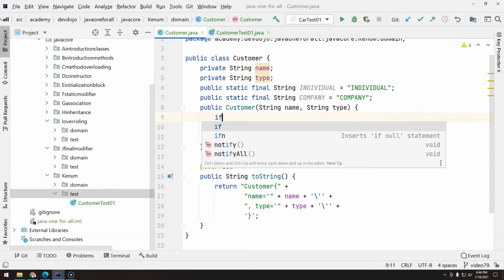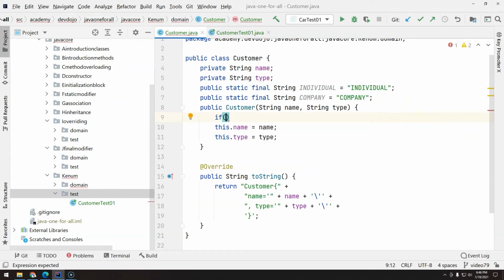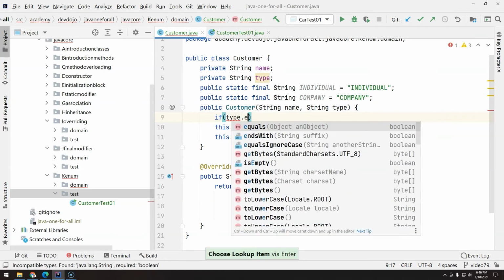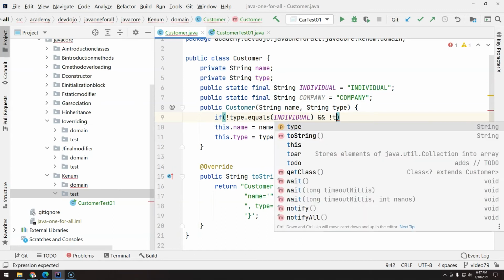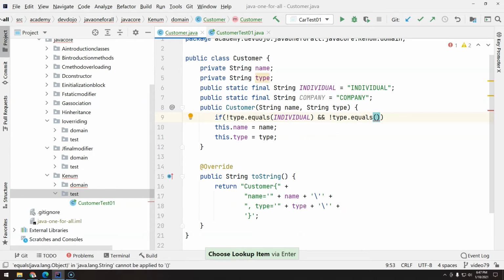Let's then do the checks. So if the type dot, and for strings, you usually do not use the equal sign. We are going to talk about strings in the future, but for comparing strings, you should use the method equals, and then you pass the string you would like to compare. So if the type is not equals to individual and it's not equals to company,